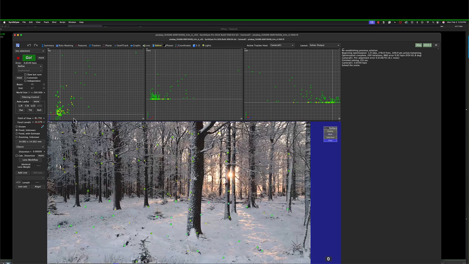And one thing that I fortunately didn't have to do, because of the way the shot is moving, is define the ground plane. SynthEyes automatically by itself found the ground plane, whereas I was working on another shot earlier today where I had to define the ground. Because if you don't define the ground as being flat and 0,